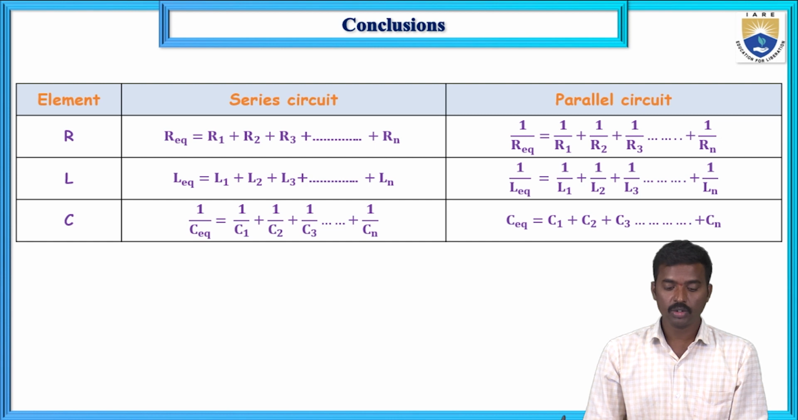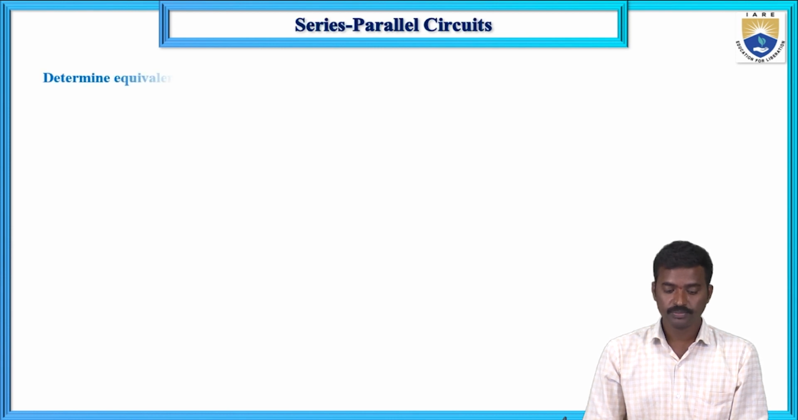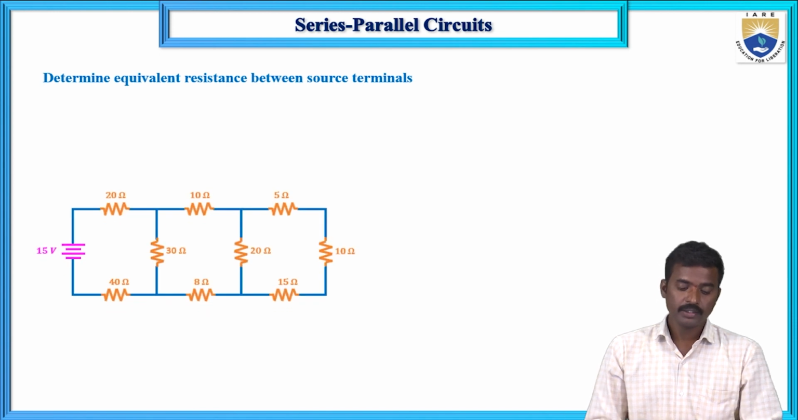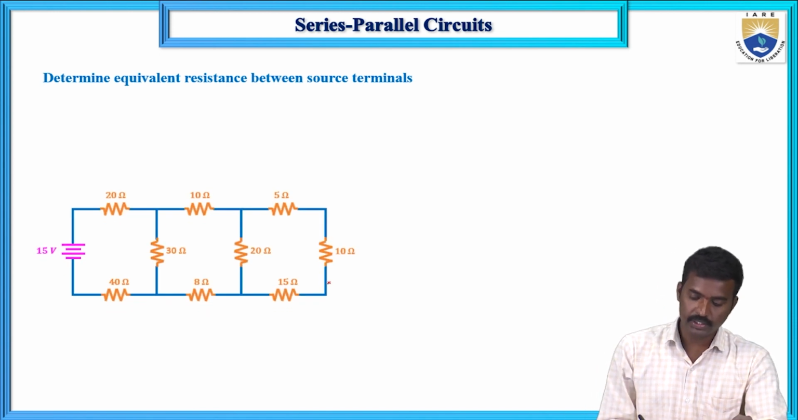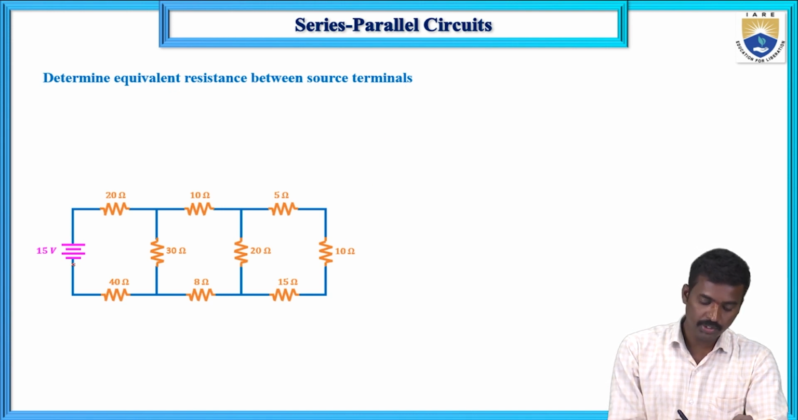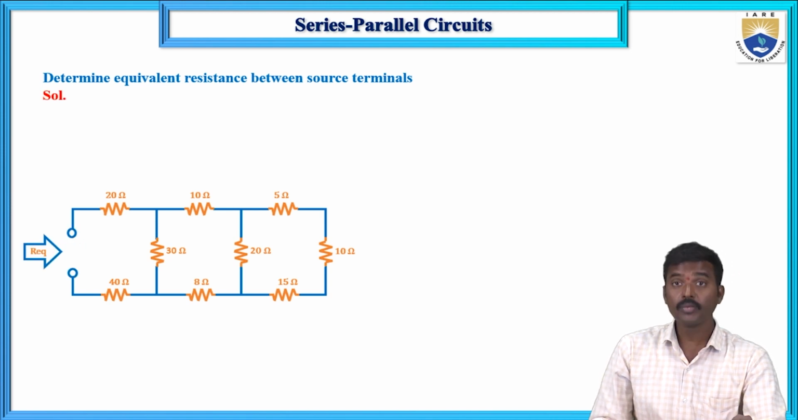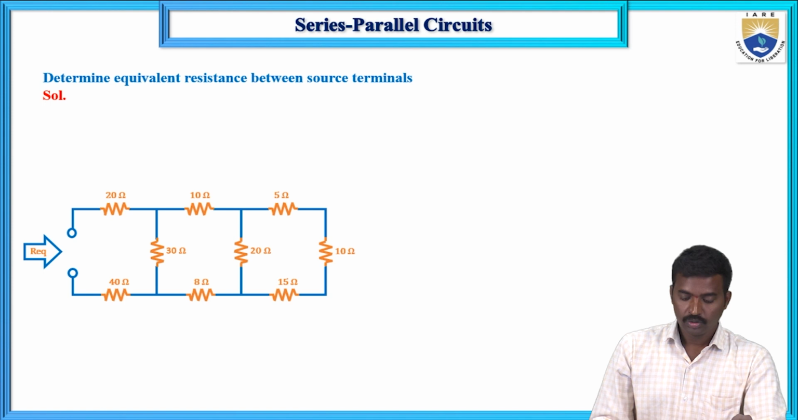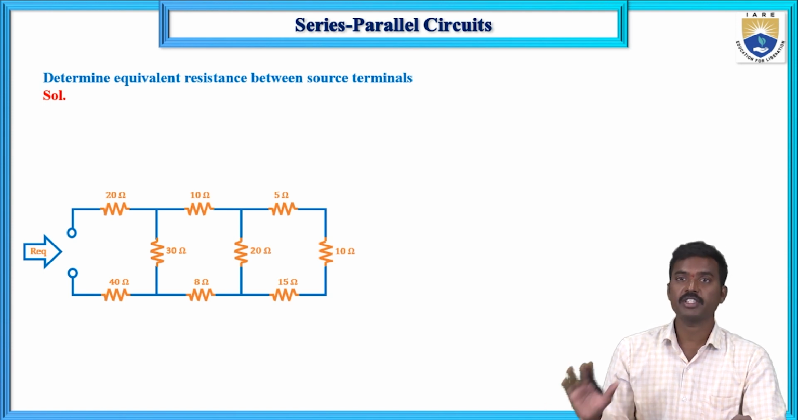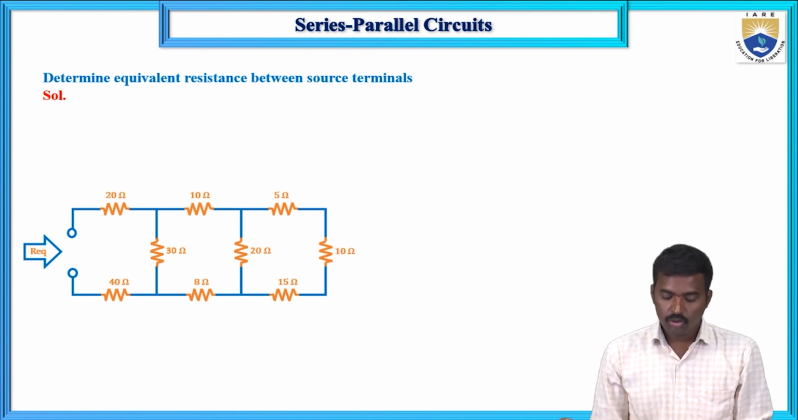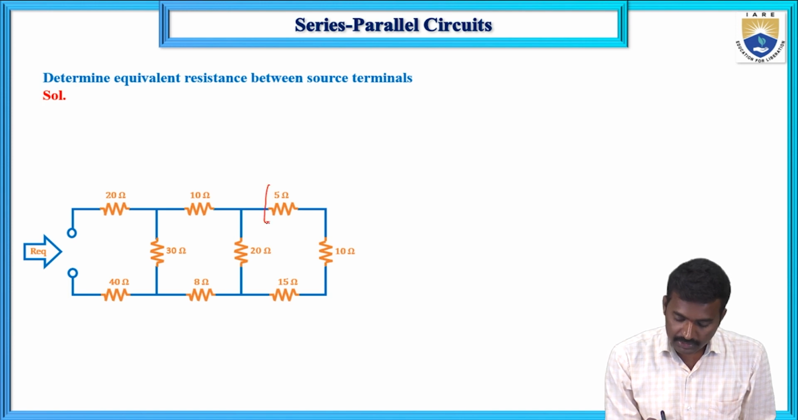Now moving on to the problems. Let us take one problem here. For this particular circuit, determine the equivalent resistance between these two source terminals. The solution: we start from the last end first. So here, these three resistors